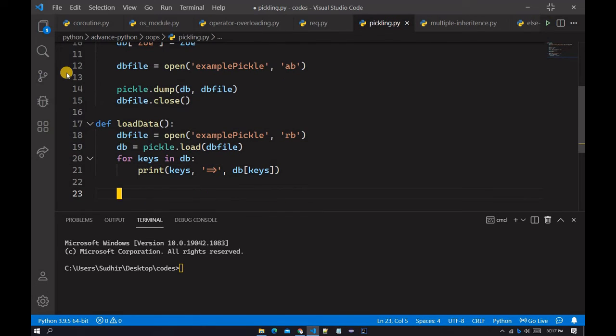After that we come out from this for loop and type db file dot close.